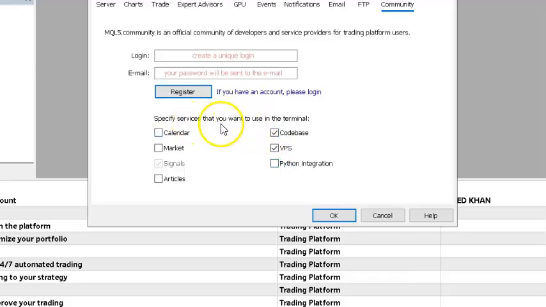Okay, so now actually select servers that you want to use in time. Yeah, we need market definitely. We don't need the VPS. We need code base and market, because code base sometimes has some EAs as well, and tools that we can use for our trading. So just need code base and market for now, and then we need to register an account in the MQL